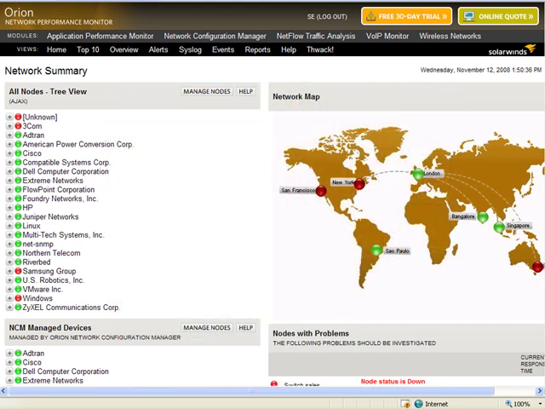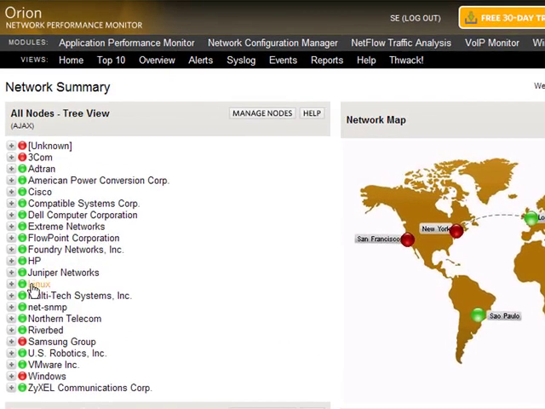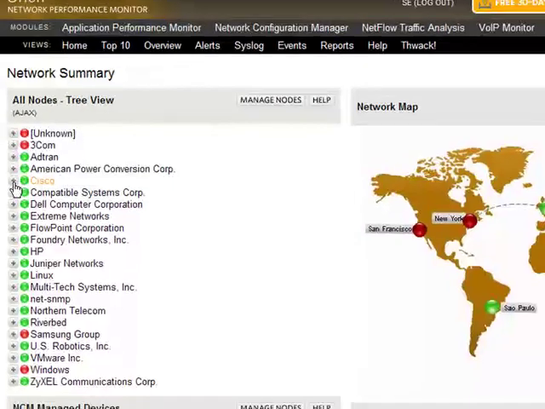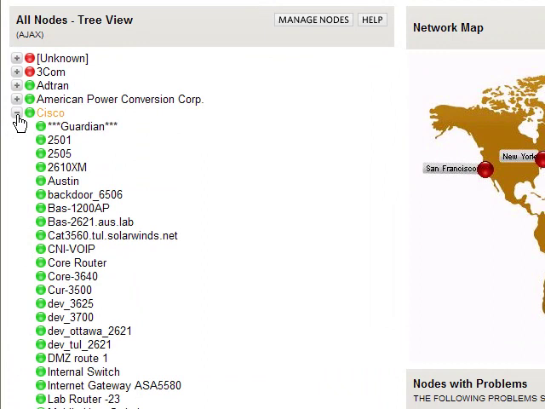So we'll start out on the home page for the Orion Network Performance Monitor. As you can see, we have all the nodes listed that we've discovered. And as you can see, Orion is vendor agnostic, meaning that it can pull any network equipment as long as it has an IP address and as long as it's SNMP enabled. If you wish to look at those pieces of equipment after Orion's discovered them, simply click on the device name